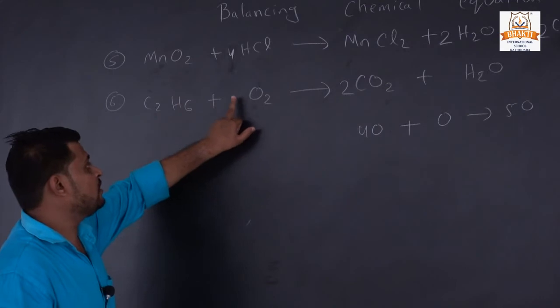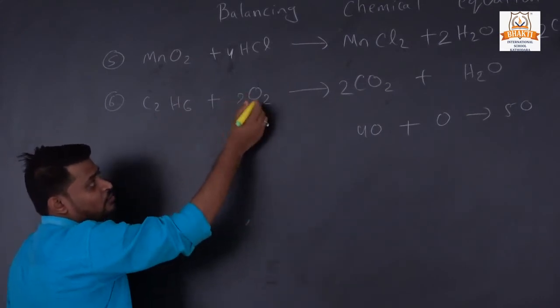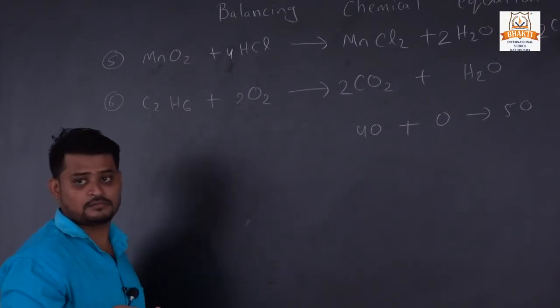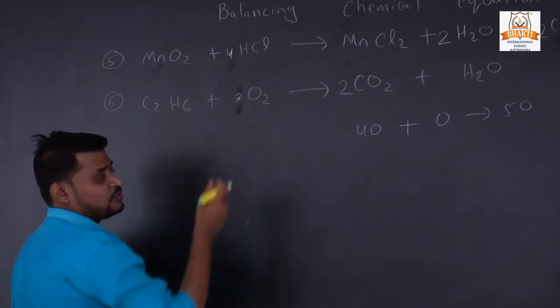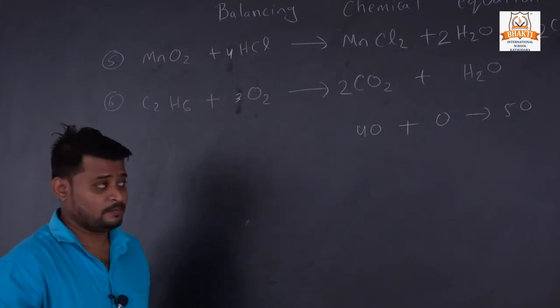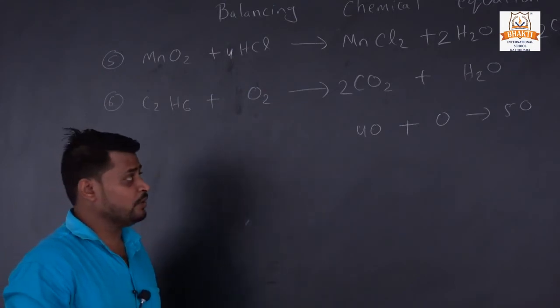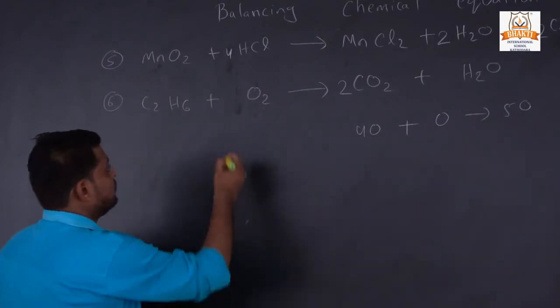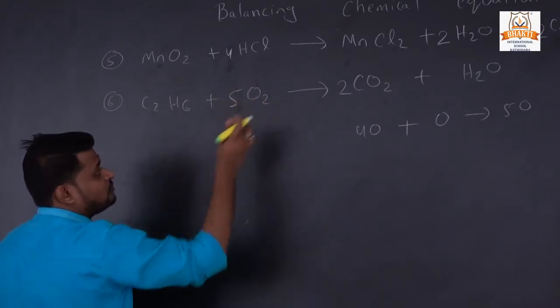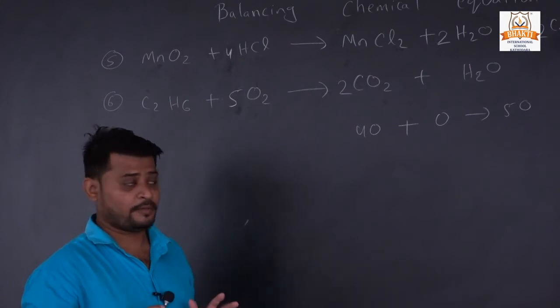If we multiply here by 2, 2 twos are 4. If we multiply by 3, 3 twos are 6. So whatever we multiply here with 2, it doesn't come to 5. So we will multiply here by 5. 5 twos are 10. So it is so large, but it's okay.